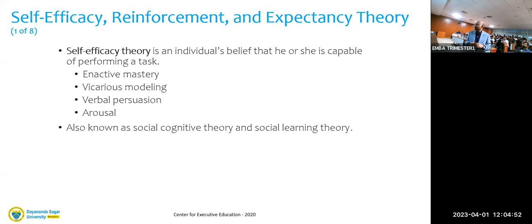So Albert Bandura said that you need something called enactive mastery. You need vicarious modeling. You need verbal persuasion, and you need arousal. So what is enactive mastery? Enactive mastery is: did you practice hard enough and long enough to gain confidence in a particular